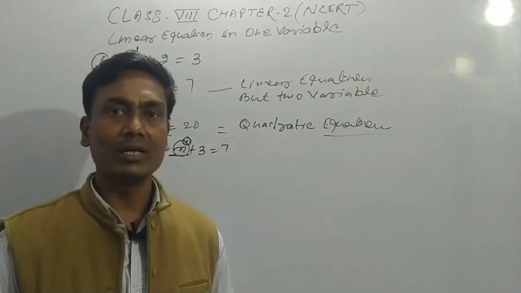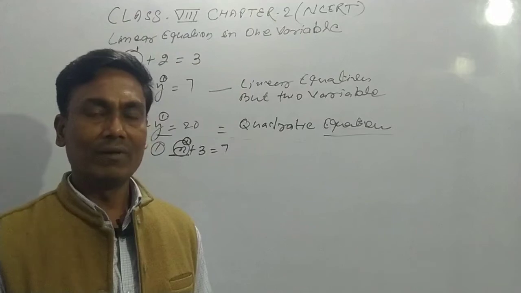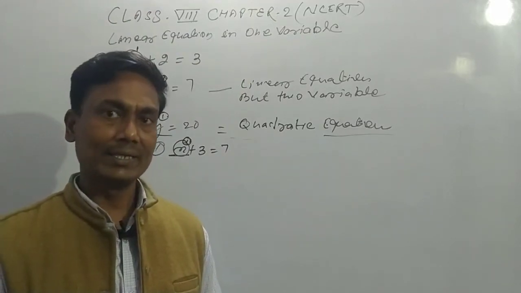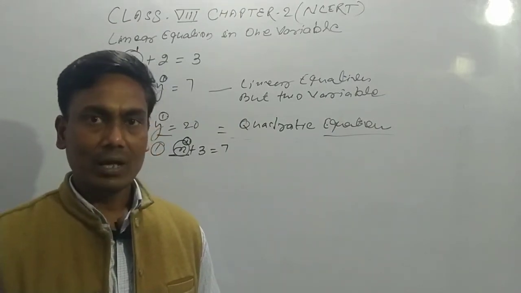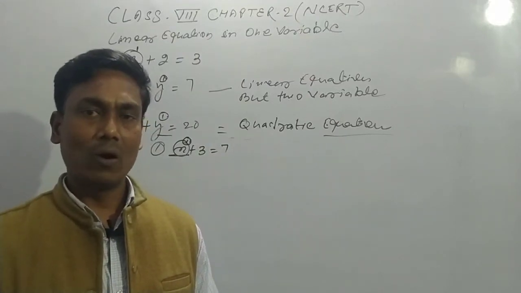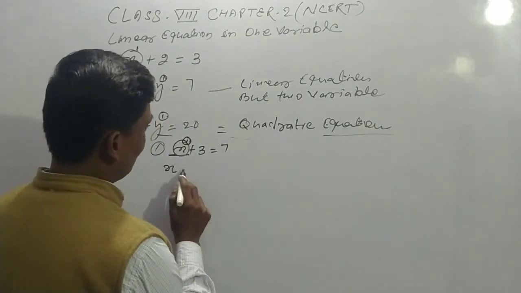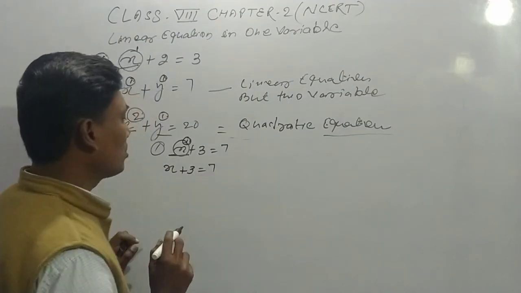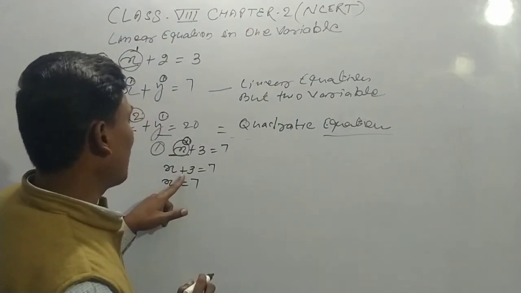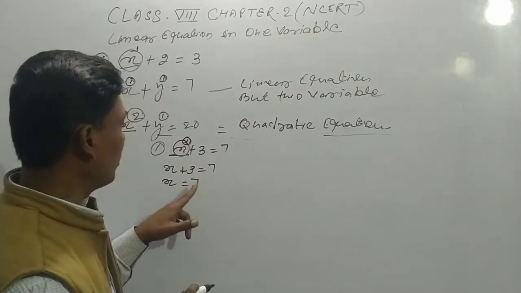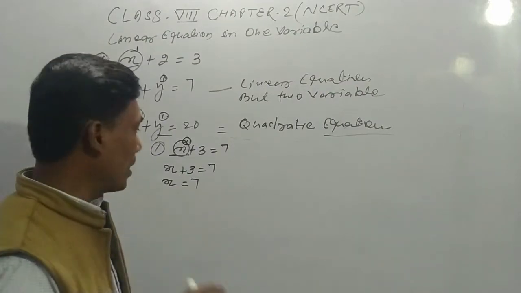For solving this type of equation, the approach is that first we arrange all the variables on one side and all the integers on the other side of the equal sign. So, to solve this equation, x plus 3 is equal to 7, x is equal to 7, and if we take plus 3 to the other side of the equal sign, we replace its sign from plus to minus or minus to plus.